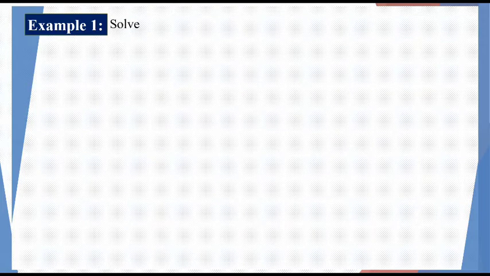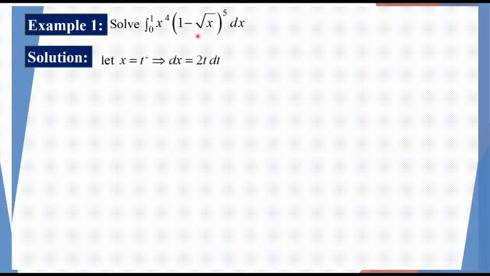Now example 1, solve integral 0 to 1 x raised to power 4 into (1 minus root x) raised to power 5 dx. This particular problem is almost in the form of a beta function. If we convert this root x into x, then this will be in the form of a beta function. So how to solve? We can let x equal to t square, so that dx equals 2t dt,